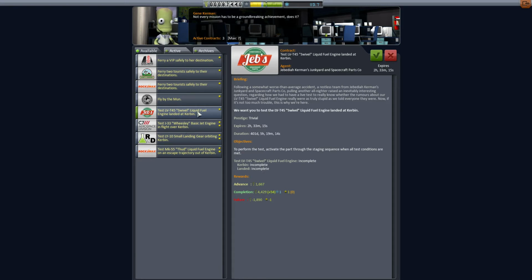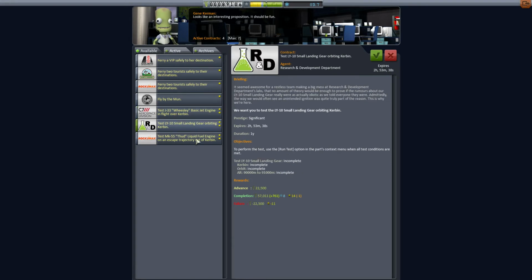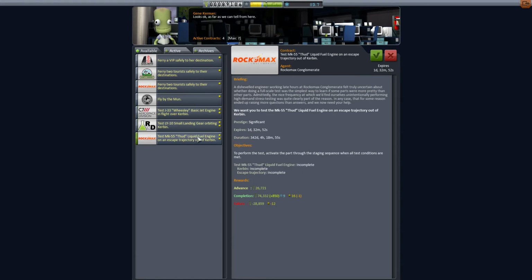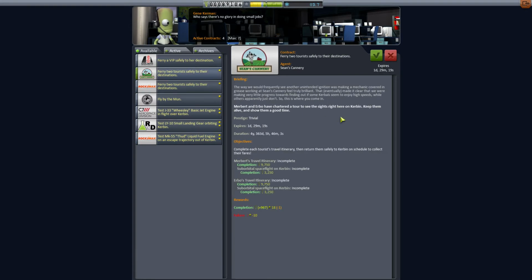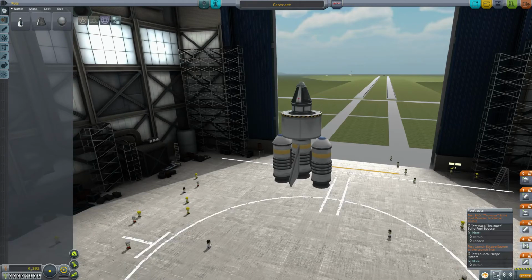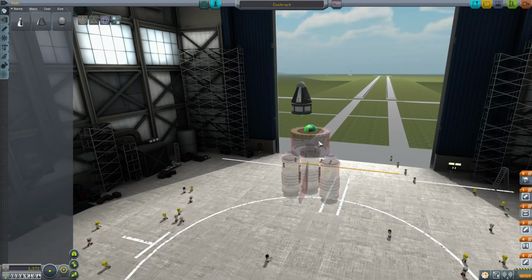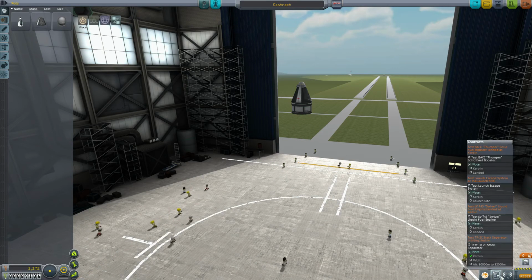Swivel liquid fuel while landed. While in flight, while orbiting on an escape trajectory. Okay, so I can knock all three of those out really quickly. I'll have to do a separate flight for each one. But what those amount to...